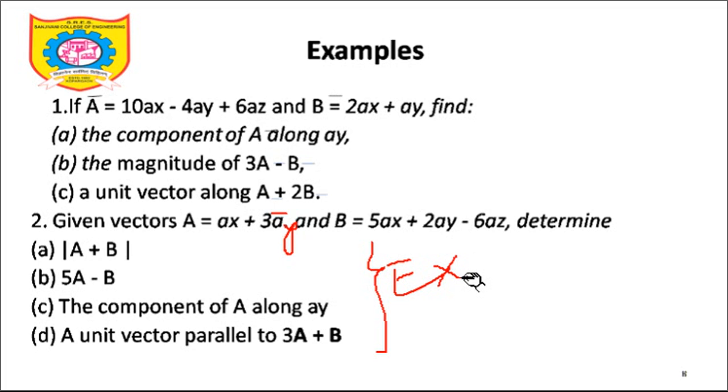In the next lecture we'll talk about vector multiplication and how it plays an important role, because we must know vector multiplication while understanding some basic concepts of electrostatics also. So right now vector addition and unit vector are known. Now we'll go for vector multiplication in the next lecture.